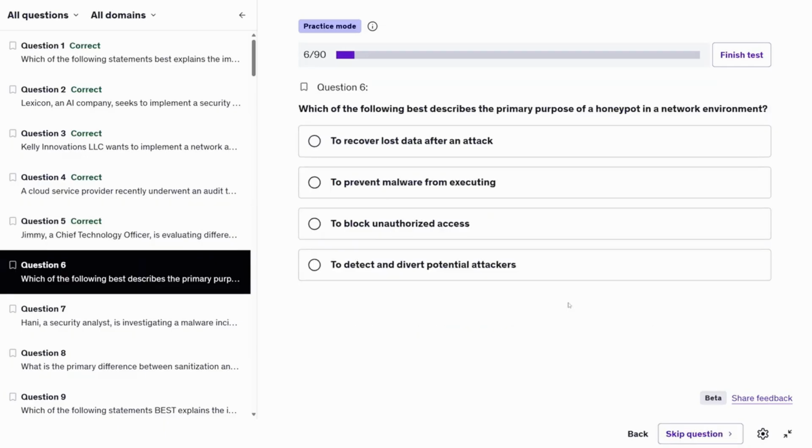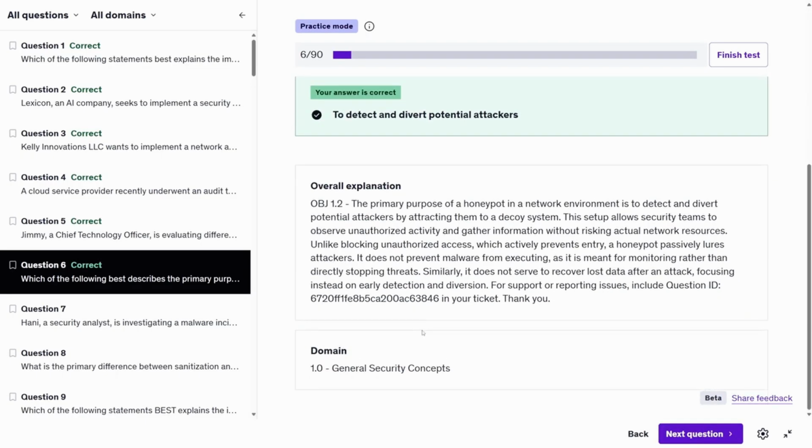Next question, which of the following best describes the primary purpose of a honeypot in a network environment? The correct answer is to detect and divert potential attackers. The primary purpose of a honeypot in a network environment is to detect and divert potential attackers by attracting them